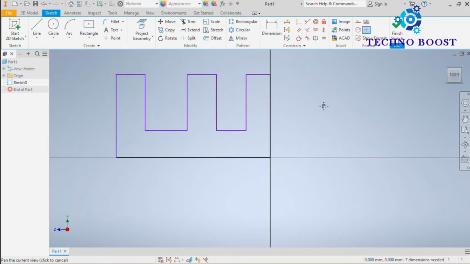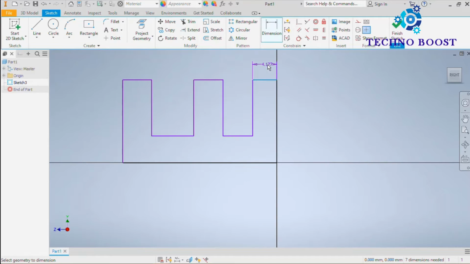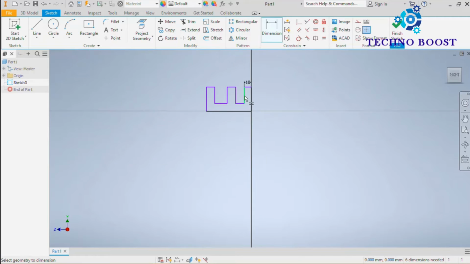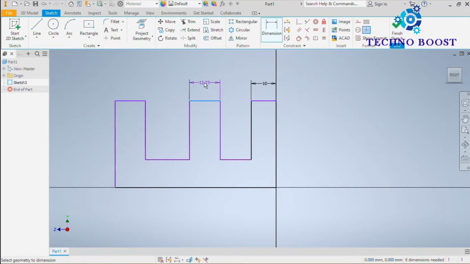Okay, let's give some dimensions. Suppose this is 10, this is also 10, and this is 30.